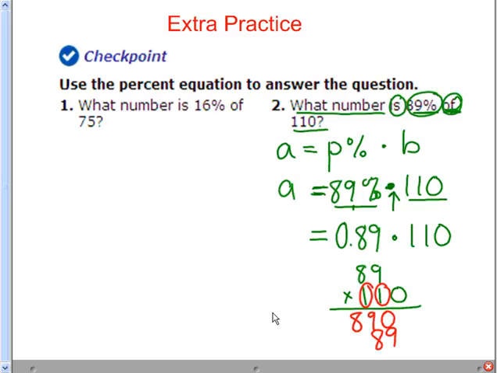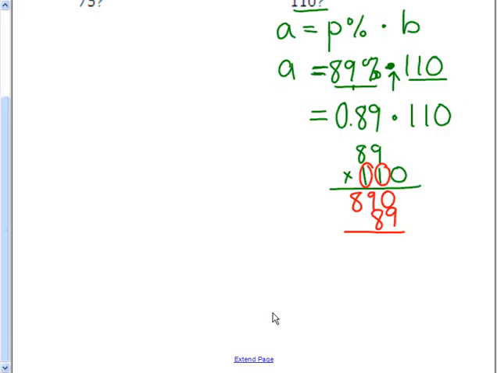So adding all that up, I'm going to get a 9 and a 17 and another 9. All right, now that was 89 times 11. I need to add 1 zero onto my product first. And now I need to consider the fact that I was multiplying by 89 hundredths, not 89. So I have to pull back 2 decimal places. It looks like I'm getting